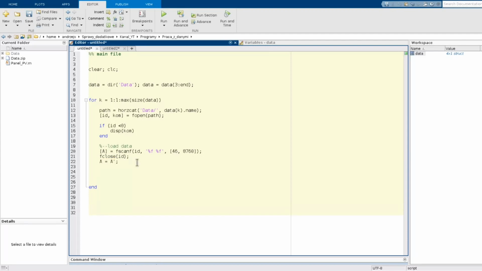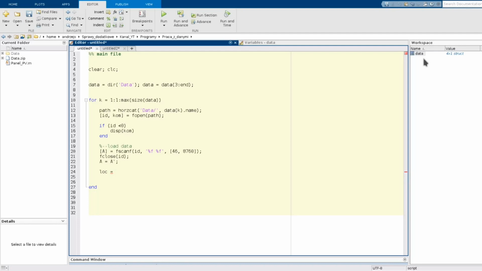After doing all of this, I just take from my matrix those data which are important for me and construct my object. So firstly the location, and it is in the data file in the field of name.